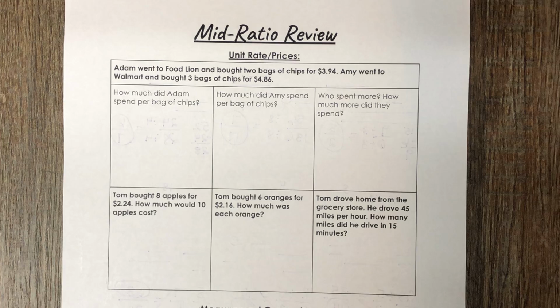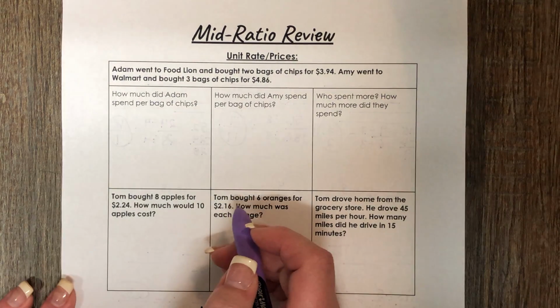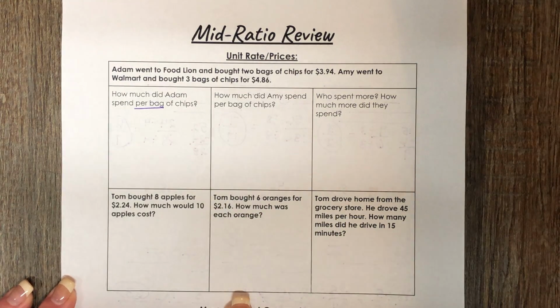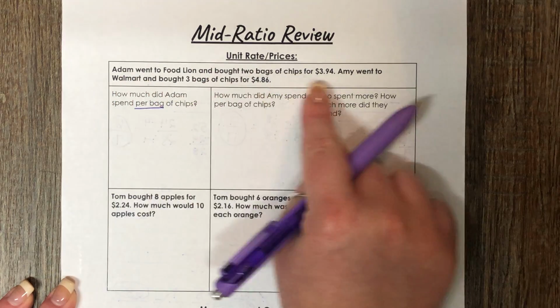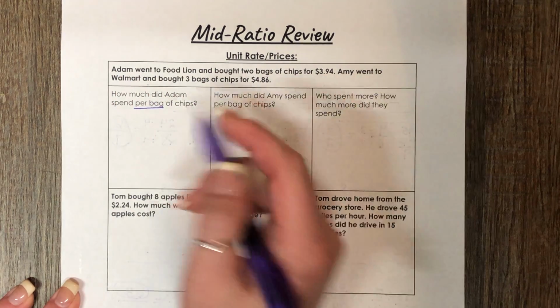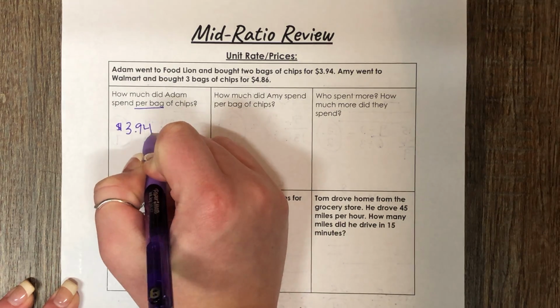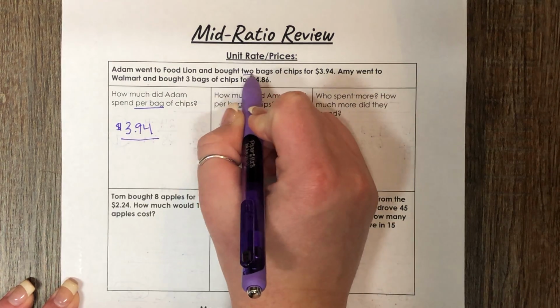Amy went to Walmart and bought 3 bags of chips for $4.86. So the first question is, how much should Adam spend per bag of chips? So per bag means I'm asking about one bag. So I should do $3.94 divided by the number of bags Adam bought, because Adam is the one who bought it for $3.94. So all we're going to do is $3.94 divided by the 2 bags he bought,